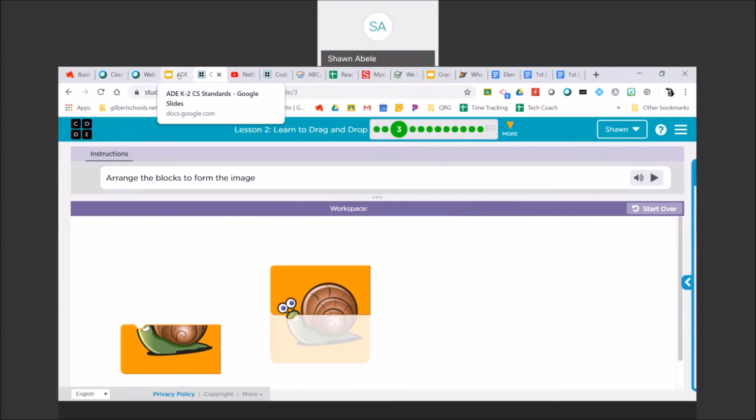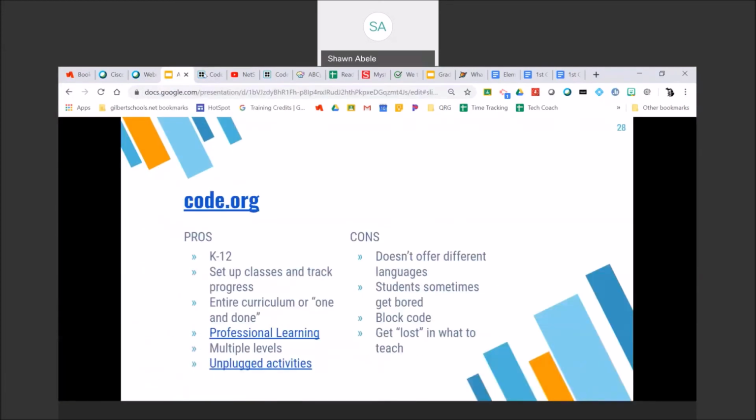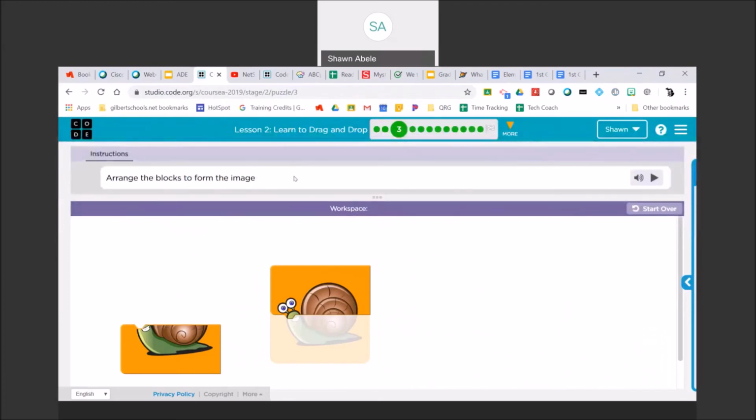These are great things for students to be learning, especially in K, 1 and 2, because by 3rd grade they're taking AZ Merit and it's all computerized. So if you're interested in doing those at code.org,